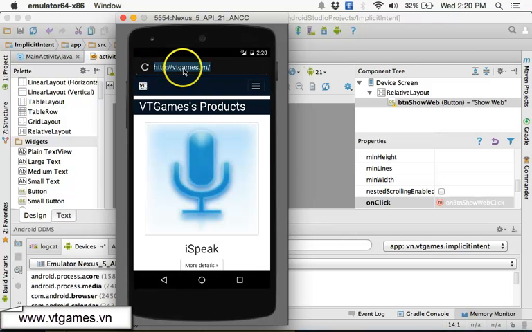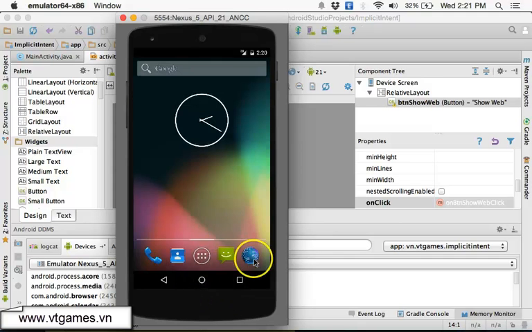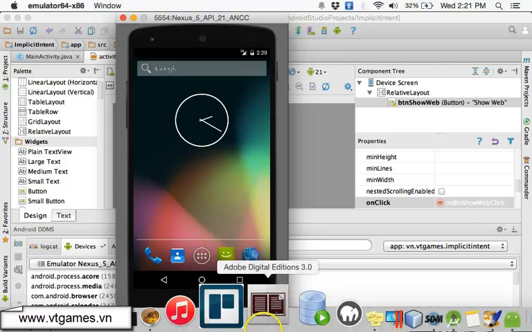So again, you don't tell the browser app to open this explicitly. But you send out an action string and this browser is activated. Inside here we have only one app, which is our browser app. Let me click on this home button. So it activated that one automatically, because we use an action